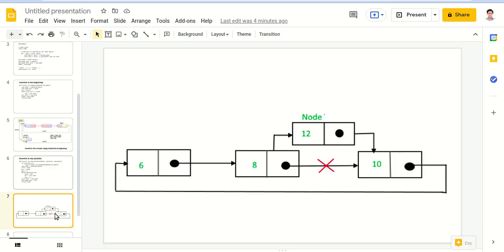The simple diagrammatic representation you can see. We want to insert at the third position. So we iterated through this circular linked list. We reach the third position, and ptr will be 10 and prev will be 8, and we will insert between 8 and 10. So what we will do, we will make prev dot next equal to new node, and new node dot next equal to ptr. That's it. And simply we have inserted in the circular linked list.